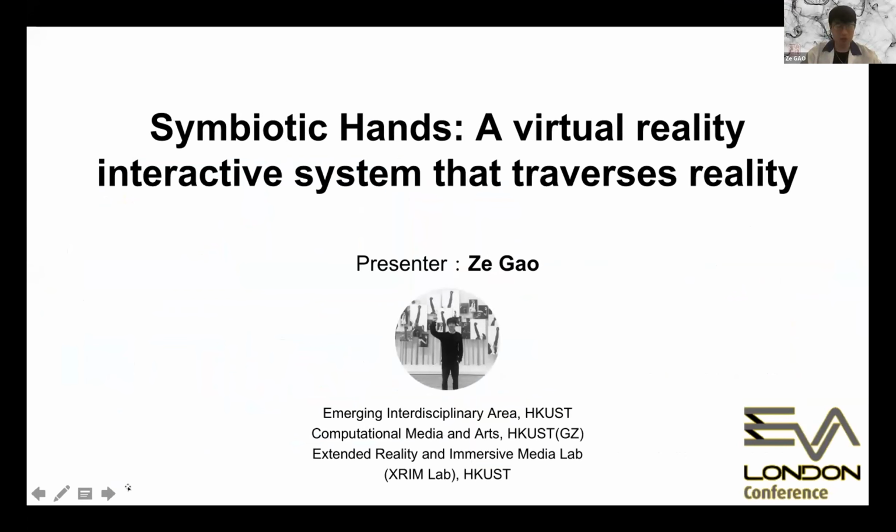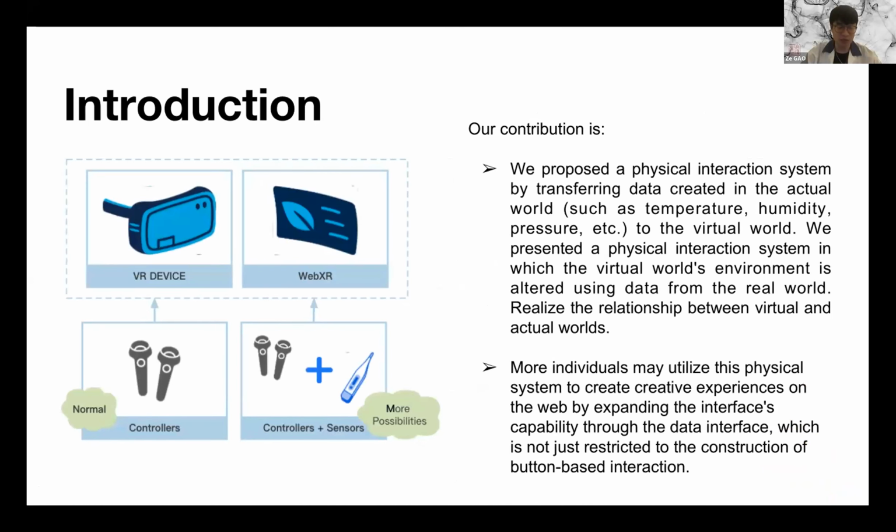So when we use the VR devices, especially the headset, and these two kinds of controllers, we can control everything in the VR device system. And our research tries to add some sensors into this controller and also the headset. Based on this, we can change the inside VR content based on sensor data. So our contribution is we proposed a physical interaction system by transforming data created in the actual world,